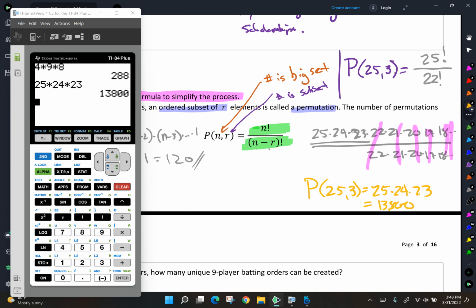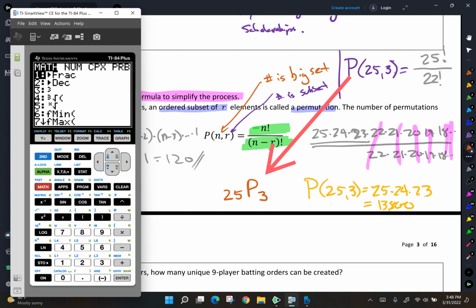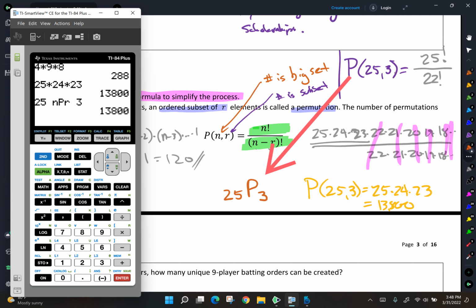And because they write it like that, that's how I have to type it in. So I'll type in 25, then I'm going to go to my math menu, over to that probability menu, option 2 nPr, and then type in the 3, so 25 nPr 3, and I get 13,800. Either way, there are 13,800